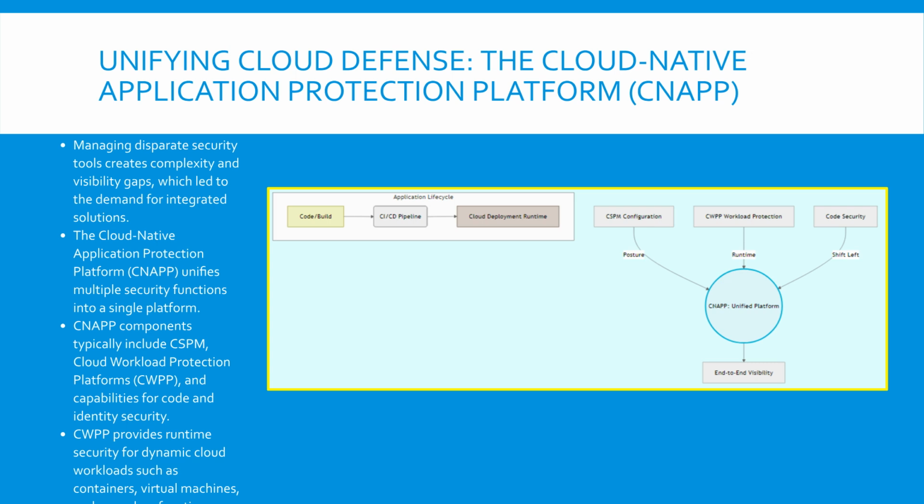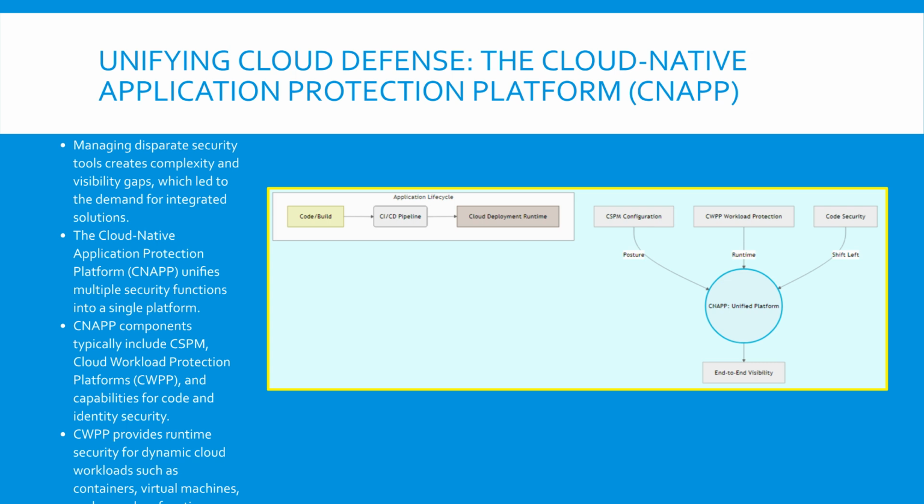The CNAPP acts as the unified security layer, collecting insights from various integrated security disciplines. We see three key inputs converging into the CNAPP. CSPM handles configuration posture, CWPP manages runtime workload protection for containers and virtual machines, and code security handles scanning early in the cycle, which is also known as shift-left security. By consolidating these areas, the CNAPP provides holistic, end-to-end visibility across the entire cloud application environment, addressing the fragmentation challenge